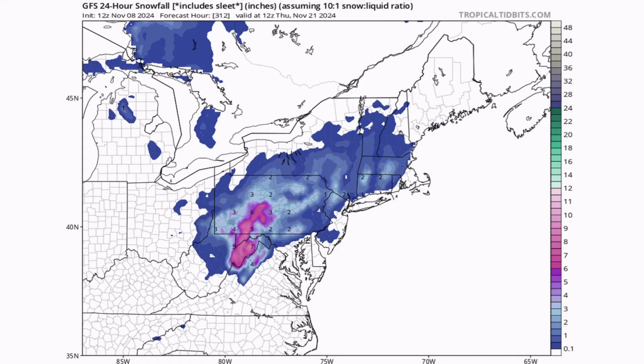If we take a look here at the snowfall totals with that system, again, mainly light accumulations, right? Maybe a dusting to 2 inches across most of the Northeast, from West Virginia to New Hampshire. But there are some areas, most of Pennsylvania could see 2 to 4 inches of snow. Maybe in those higher elevations near the Appalachians, 6 to 8 inches of snow is possible during that 24-hour period where that storm is making its way off the